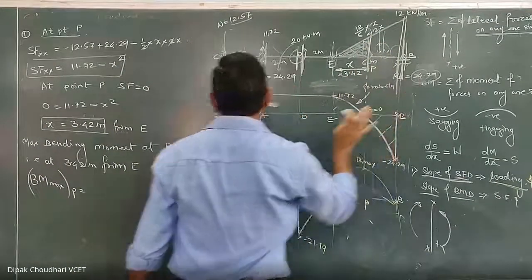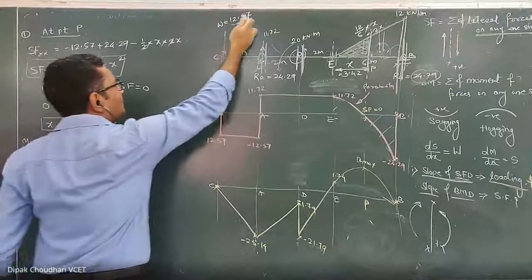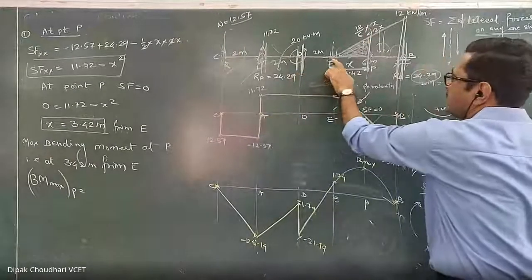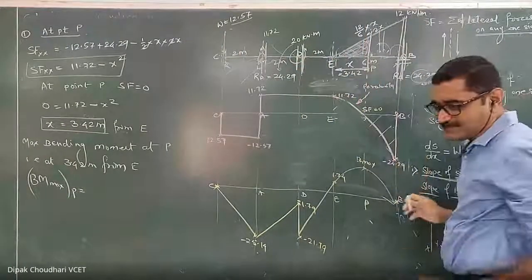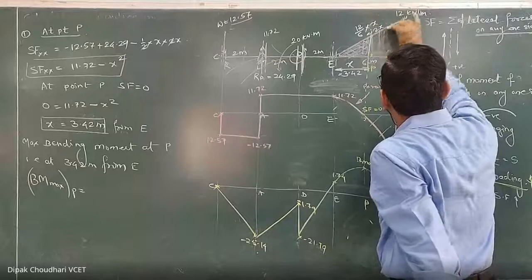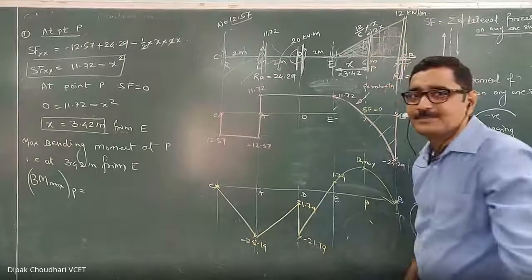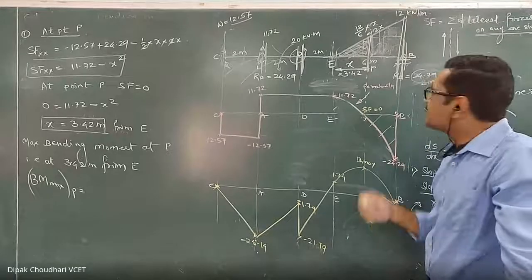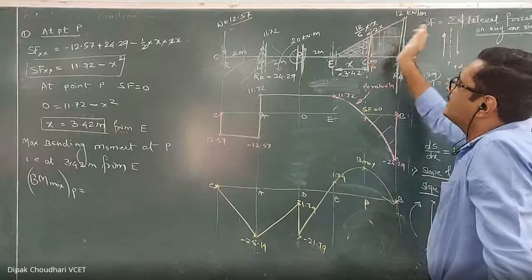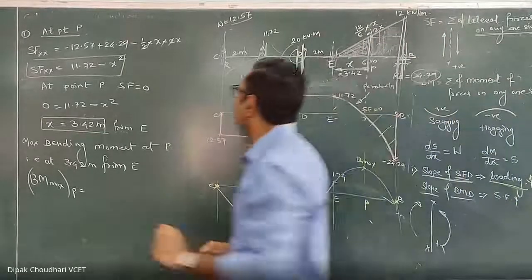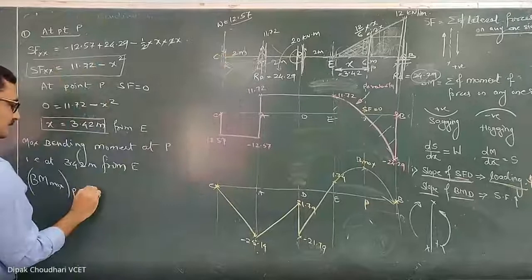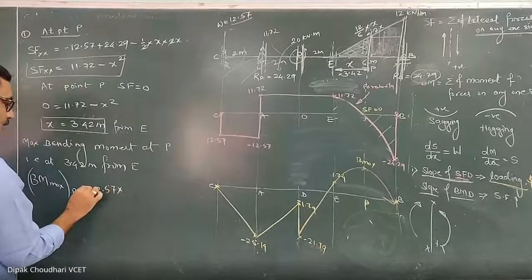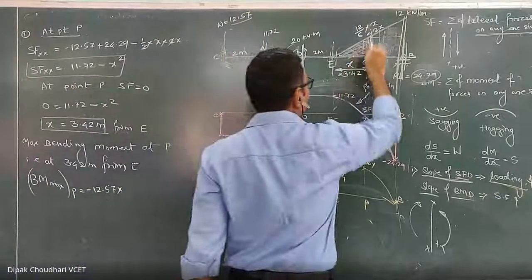Usual method से solve करने का है. So let's start from C. This 12.57 produced. Now consider the forces on left side only, because the vertex is on left side. अगर आपने right side में लिया, तो again आपको क्या करना पड़ेगा? ये जो trapezoidal load है, ये दो part में split करना पड़ेगा, और फिर उसका moment लेना पड़ेगा. That becomes a little bit difficult for you people. That's why let's consider the forces on left side. Okay, so this force produces the hogging bending moment, so it is minus 12.57 into, we are taking the moment about this point P. So how much is the distance?